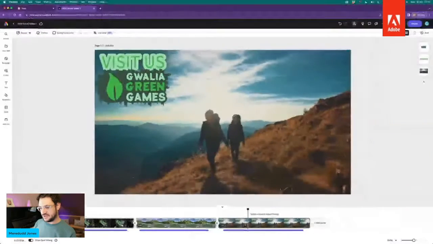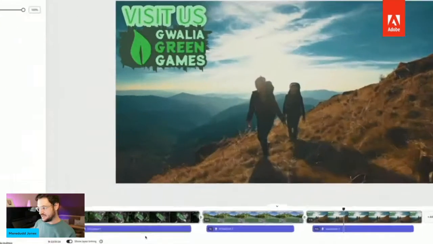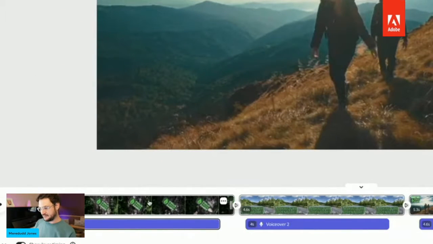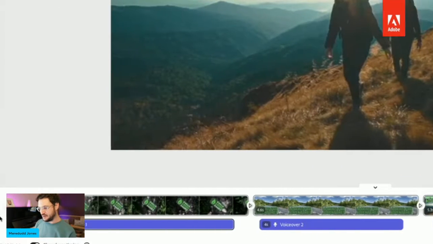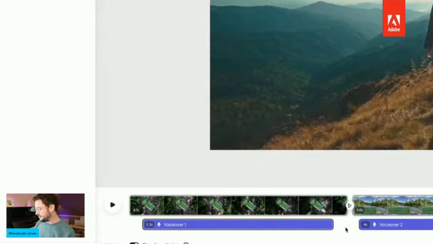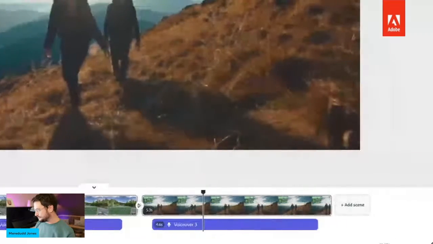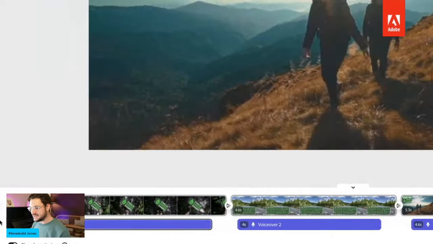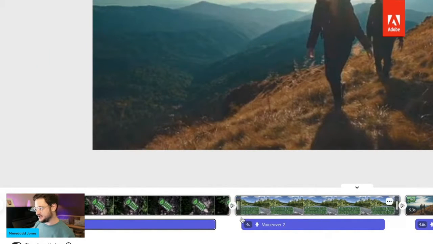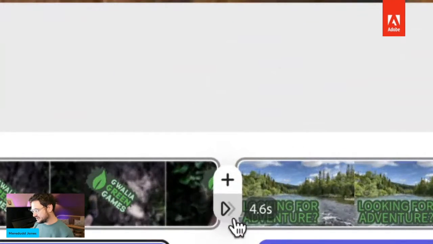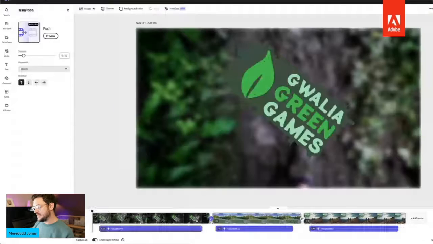And you can see my voiceovers here. That's what these blue bars underneath the video layer are. So I've got the video layer here, scene 1, scene 2, scene 3. And underneath each one, I recorded my voiceover. Okay, and then the final thing I did in the last session was I added these transition effects between each scene,